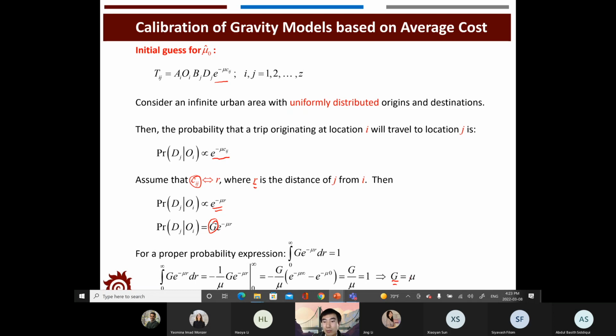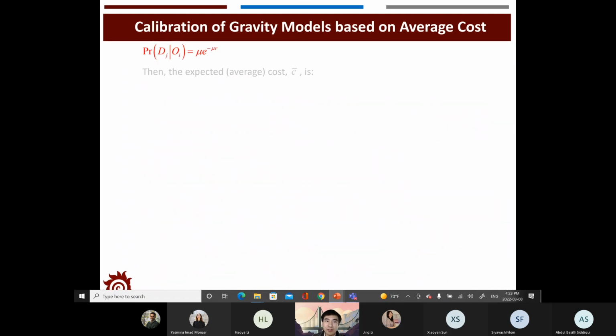With this equation, capital G will be mu. So you will see the distribution of the trip rate from origin I to destination J will follow the exponential distribution, and this is the equation for the exponential distribution. And for this exponential distribution, the average cost would be the mean value. And if we try to check the mean value of this exponential distribution,